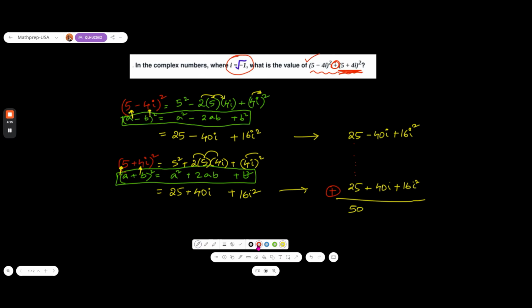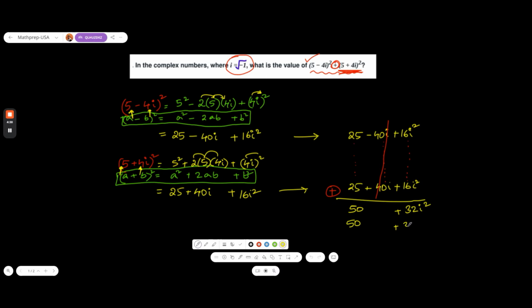Then here negative 40i and positive 40i actually make 0, so we cancel them. Then 16i square and 16i square together give me 32i square. So it is 50